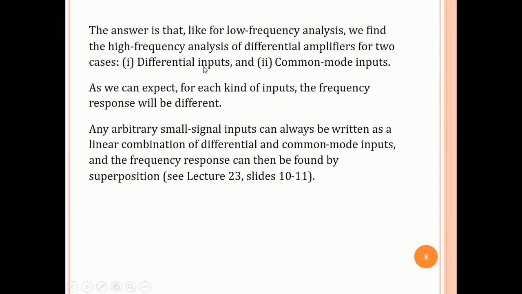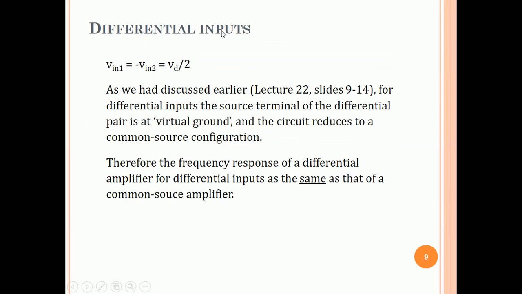Alright, so let us look at the frequency response of a differential amplifier, first for differential inputs and then for common mode inputs. So for differential inputs, we say Vin1 is equal to minus Vin2 equal to Vd by 2. The small signal inputs are equal and of magnitude opposite in sign. Now we had discussed earlier for low frequency that when the inputs are equal in magnitude and opposite in sign, then the source terminal of the differential pair is at virtual ground. Basically it is at zero potential,